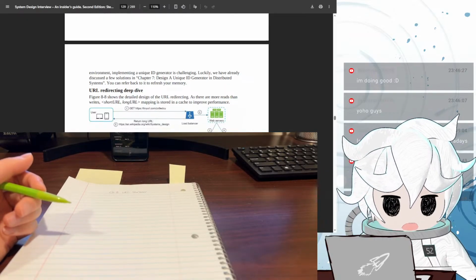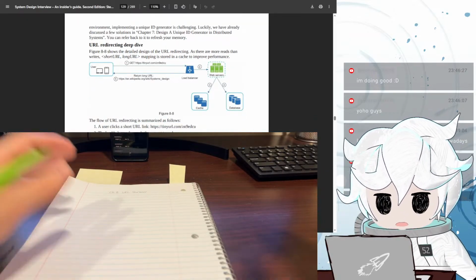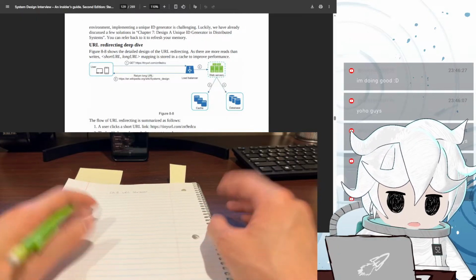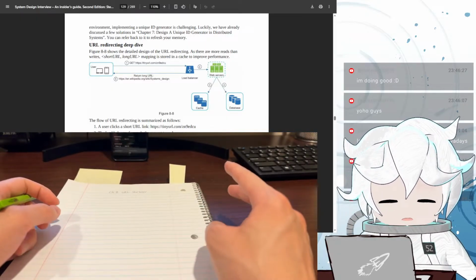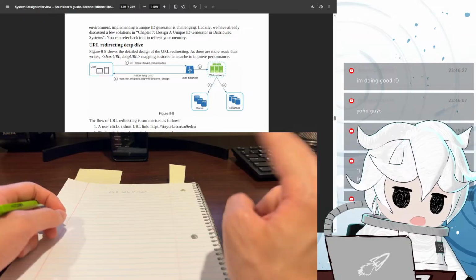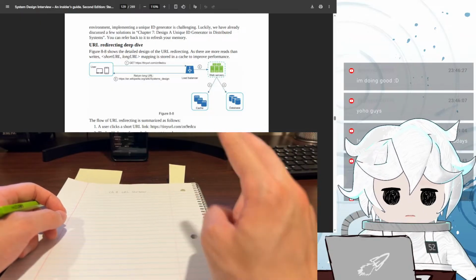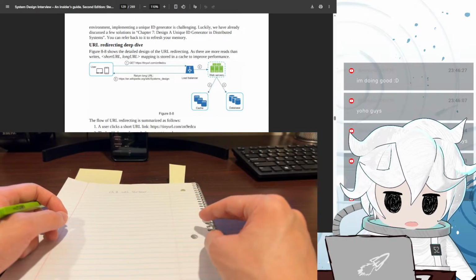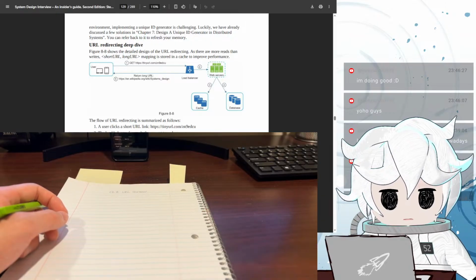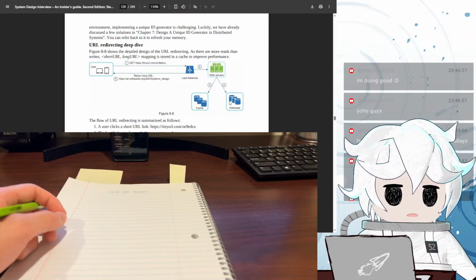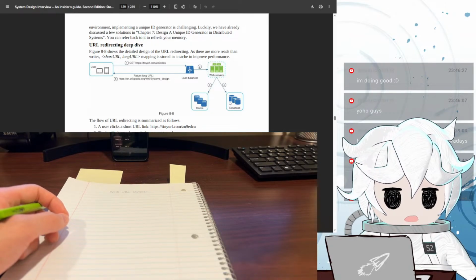Okay, so all in all, the design of the URL shortener is basically just two APIs, right? One to convert the long URL to a short URL, store it in your database, and then return the short URL to the user.